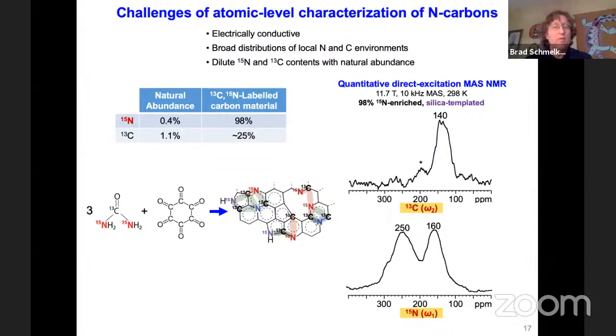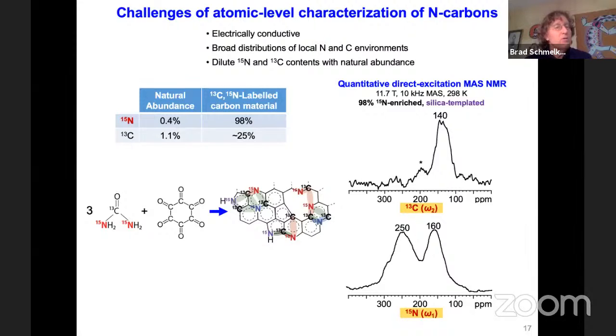Nitrogen-14 is the predominant isotope of nitrogen, but nitrogen-15 does exist in nature, at a very low natural abundance, 0.4%. So typically one has to enrich that, or one can use dynamic nuclear polarization, which